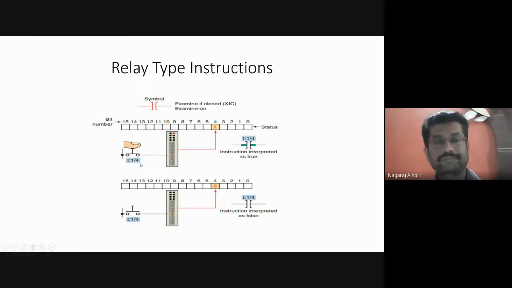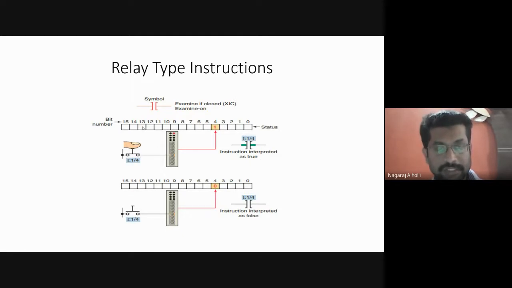I:1/4. Here we are operating a switch. It is normally open. I am pressing the switch. When I press the switch, it gets closed, and the current flows, or there is a continuity established between the input and the output. Logical continuity is true when the switch is pressed, from left to right.